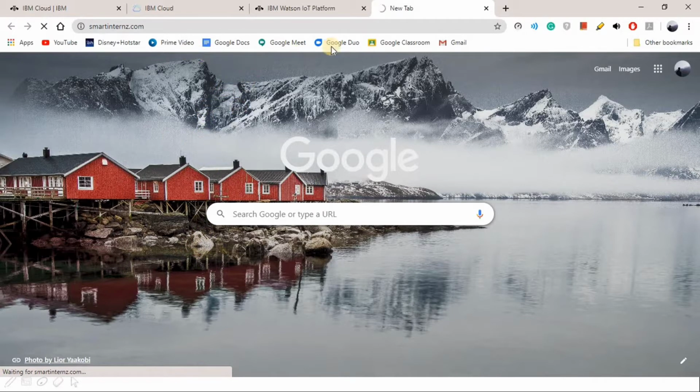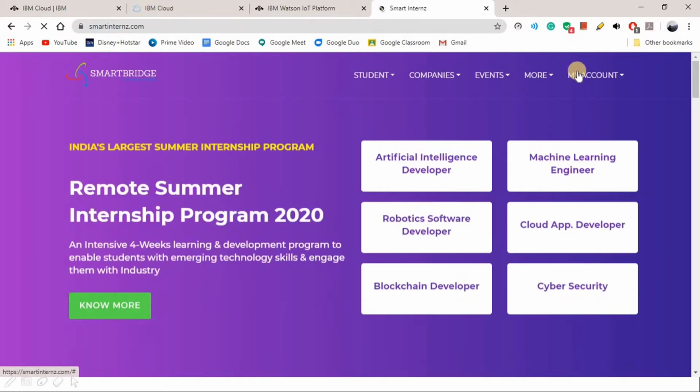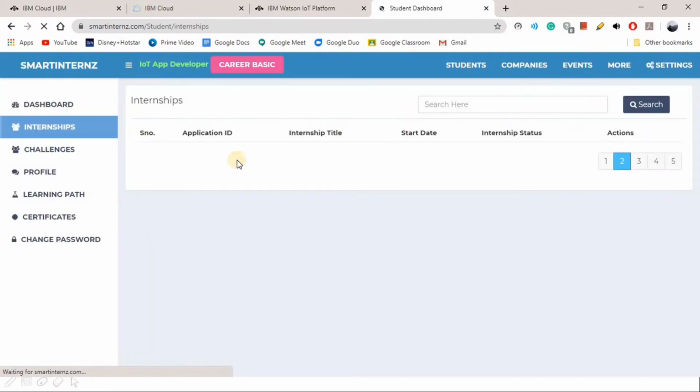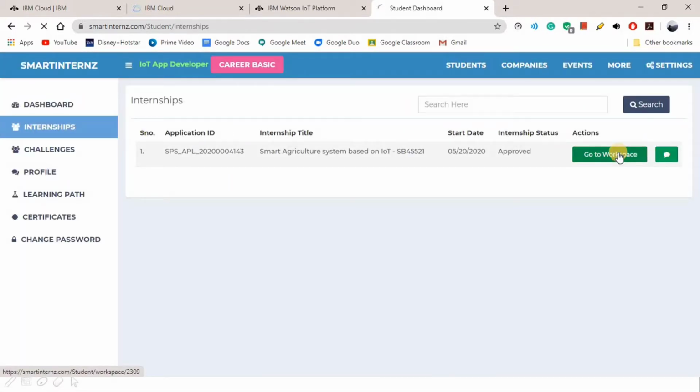It was loading. As I already signed in, go to the dashboard, go to the internships, go to the workspace.